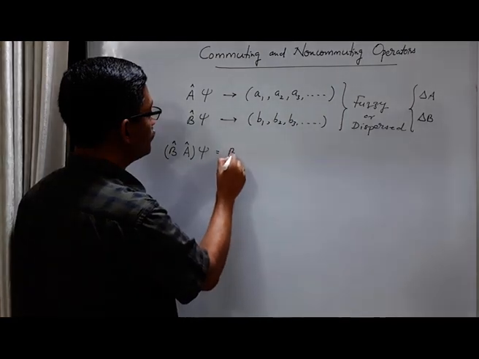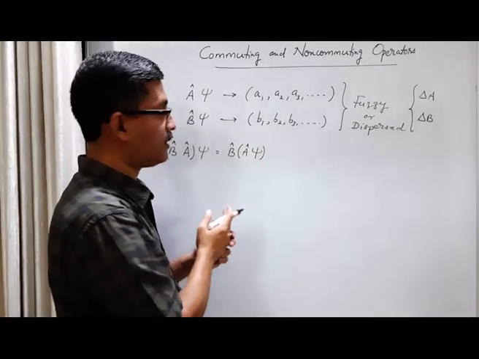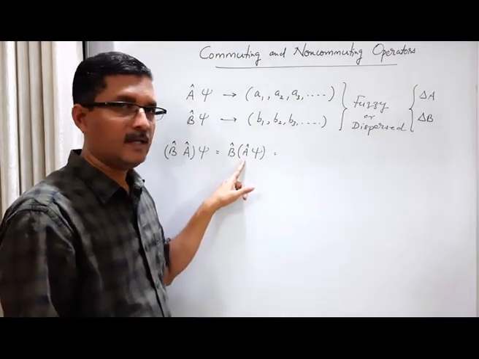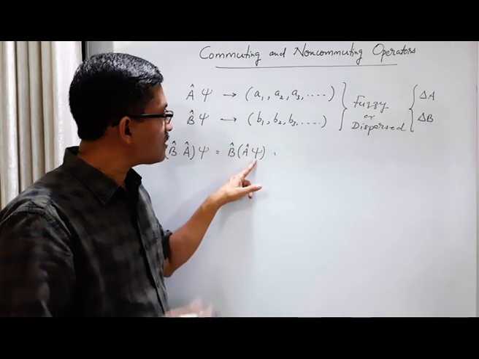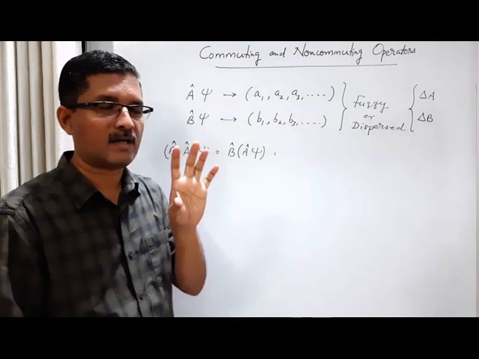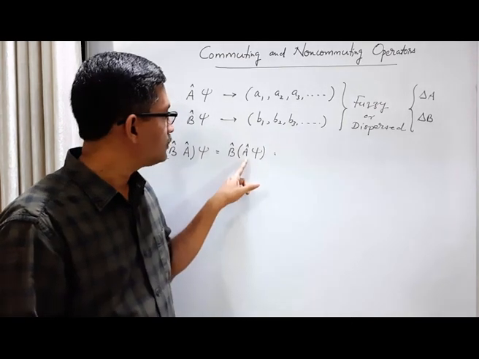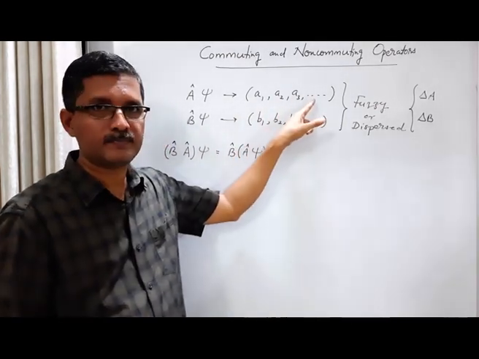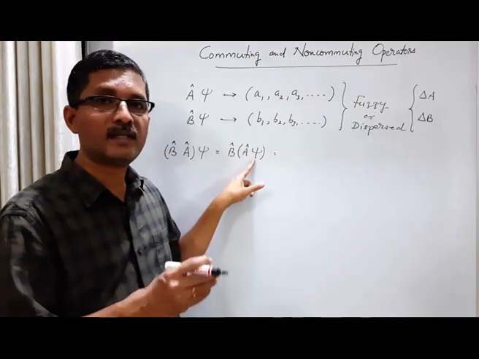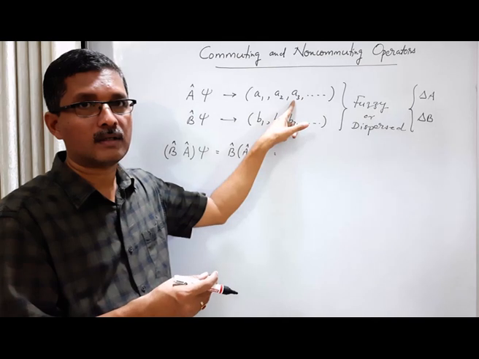So consider this. First we measure A on psi. That means operator A is acting on psi. Psi is a general state for this operator, right? So what is the result of any single trial? We can have many trials, but let us consider a single trial here. We take one measurement of A, so we can get one of the eigenvalues of A. Maybe we get A3. Then this general state will collapse to the eigenstate of A corresponding to the eigenvalue A3, right?